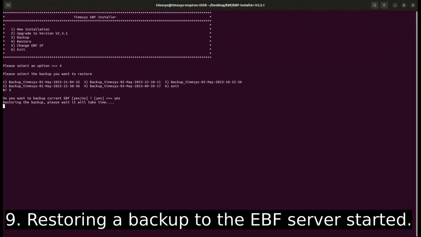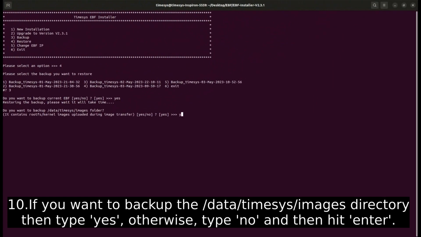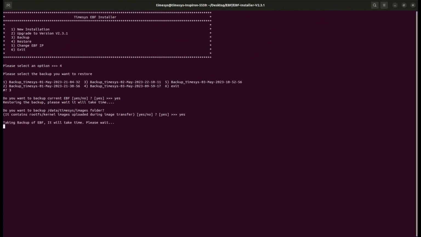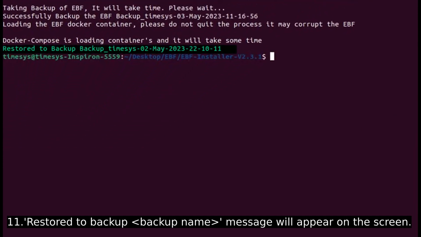Restoring a backup to the EBF server will now start. If you want to back up the /data/timesys/images directory, then type yes, otherwise, type no and then hit enter. After completion, a message will appear on the screen, saying restored to backup, the name of the backup,